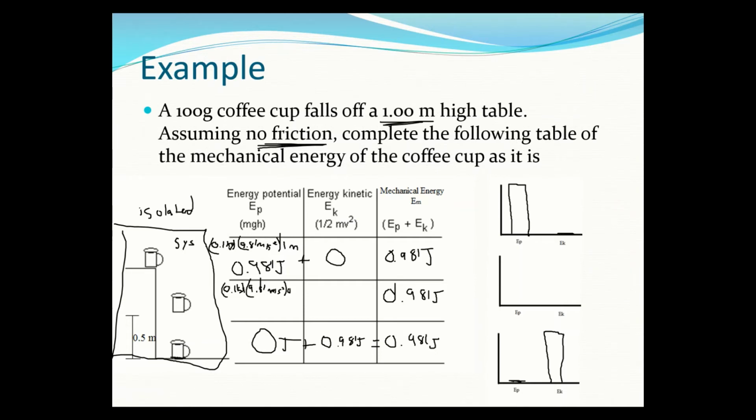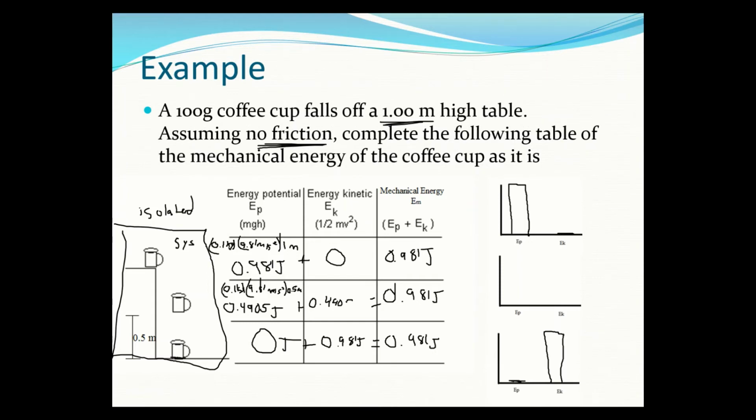And now it's half a meter off the ground. Okay, so if I do that calculation and I go 0.1 times 9.81 times 0.5, I get 0.4905 joules, right? And I don't know how fast it's moving here, but if I know that 0.981 is going to equal this plus this, then I just have to go 0.981 minus this, and I get